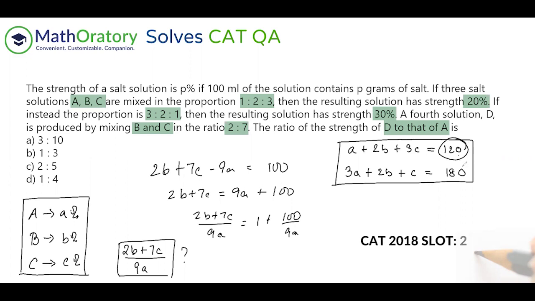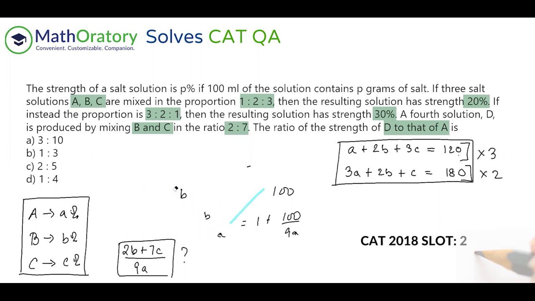So this 120 and this 180 should actually cancel out. If this 120 and 180 have to cancel out, I need to multiply this by 3 and I need to multiply this by 2 and then take a difference, right? Let me just check it before I solve this out, whether I get this thing or not. A is coming out to be something in 3A. B is 6B minus 4B, so that will be 2B, okay? And this is 9C minus 2C, that is 7C, great. So this is solving my problem here.